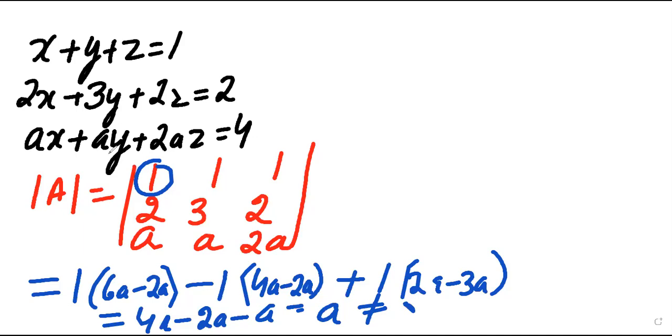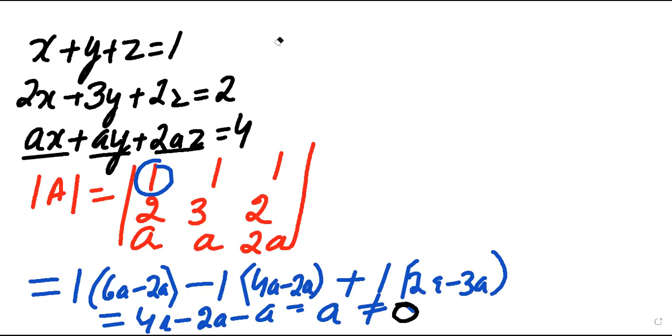Beta, if you are multiplying the values with this a, and the answer is coming equal to 4, then a should not be 0. If the value of a were 0, then 0 plus 0 plus 0, the answer should have been 0. So that's why I am telling here that a is not equal to 0.